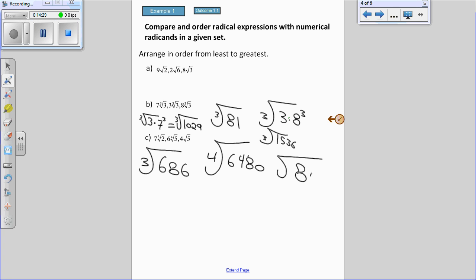You can't order them by eyeballing. Those of you who punched it into decimals and then ordered them, what was the smallest one? First, this one was the smallest one. So that was the smallest one. Second smallest one. It doesn't work out from smallest to largest just based on the number underneath the radical sign. Okay, hopefully that's